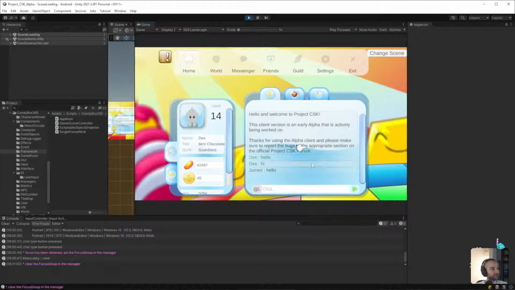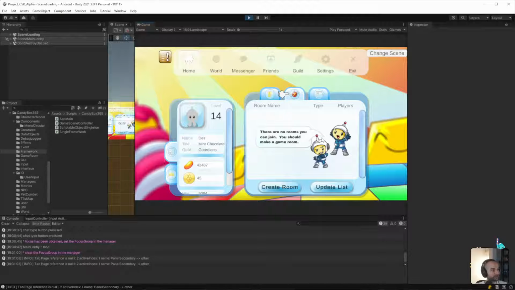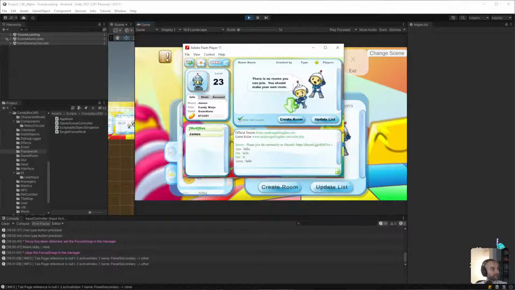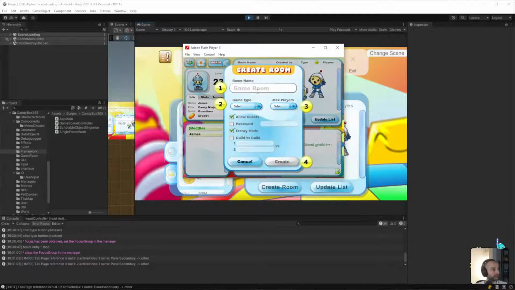The interaction part with the chat, I don't think I'll quite go too far into it, but what I want to do is move on to this. I want to be able to navigate through this and then create a game room. Similar to how we did before, right, with the old Flash client, but probably a bit different.